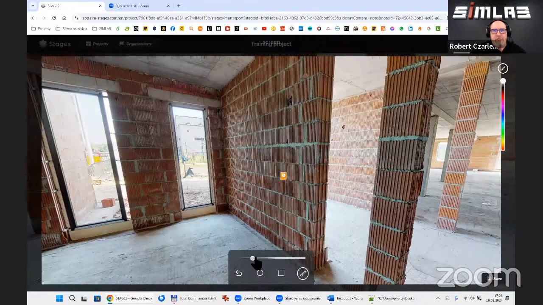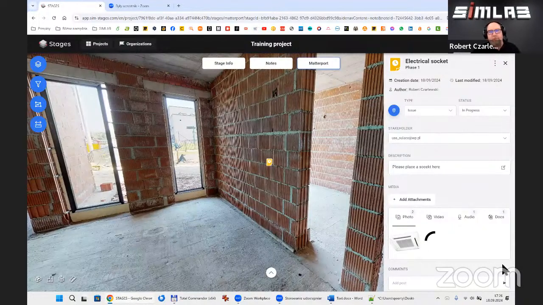So I can additionally leave some information on the screenshot. With this slider, I can choose the thickness of the line. I can pick the color for the drawing. I can do something like this. Or, for example, I would like to place something over here. If I click the Save button, the screenshot with my manual annotations will be placed in the photo tab.